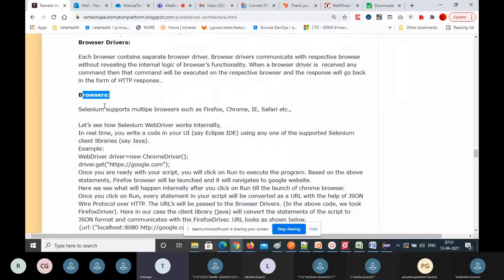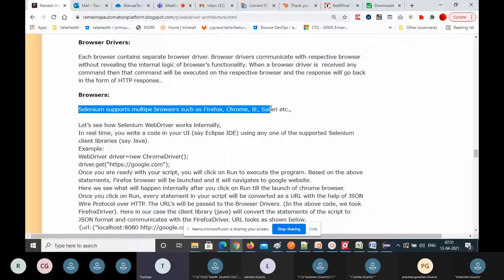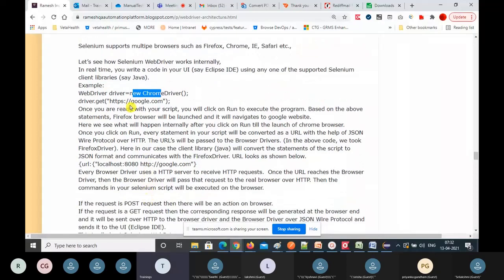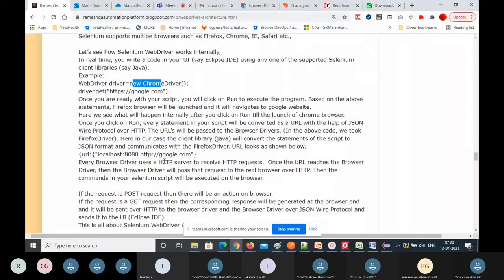So we have so many browsers it supports, right? Let's see, this is the code you will write: the interface variable equals new ChromeDriver. Then if you write this reference variable dot get, you are opening google.com on the Chrome browser. So what will happen? This will be converted into JSON format.